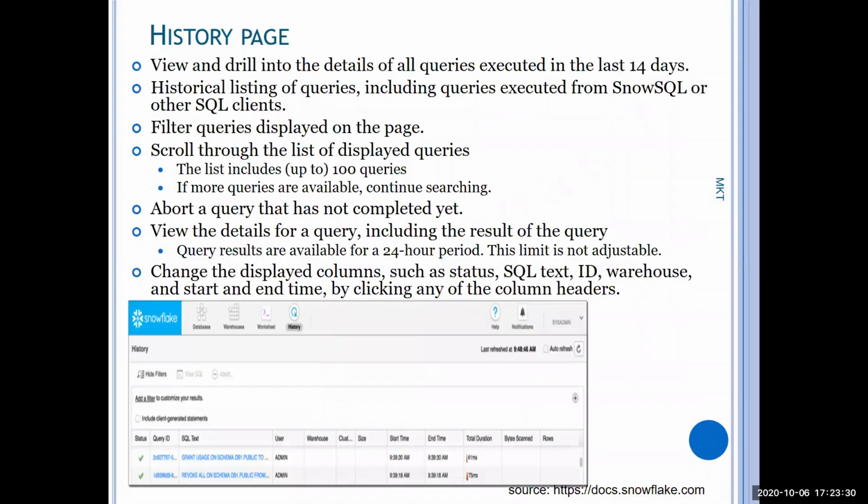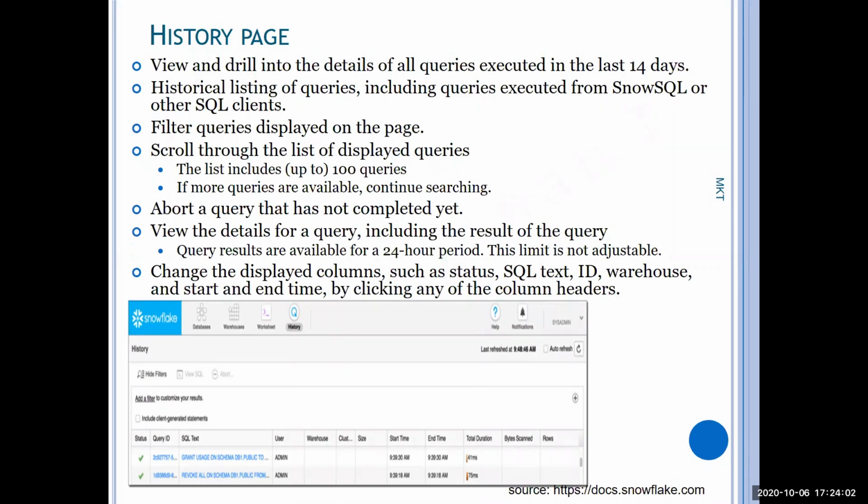The history page will show you all the queries you have executed. This will be very useful for historical data retrieval, right? For example, you have executed some queries some days before, and you want to get the exact output of that query itself, because after that the data might have changed or been updated.